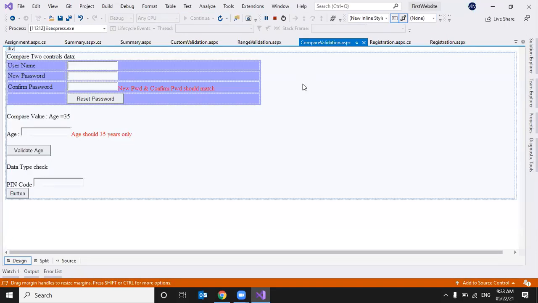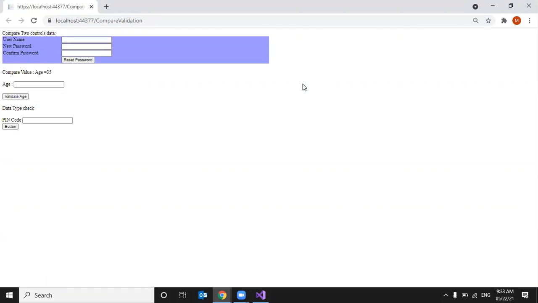And here also I'll show some scenario. Now I have to enter 35 here. When I click on validate age, it will validate the age value entered against 35, because I have used a compare validator. Now I am clicking directly on validate age.